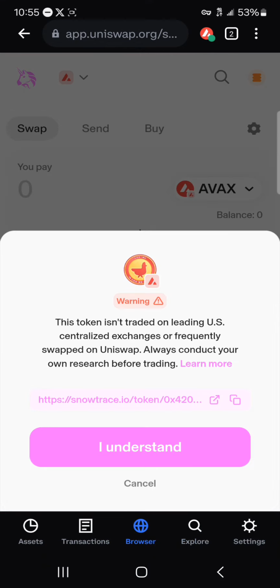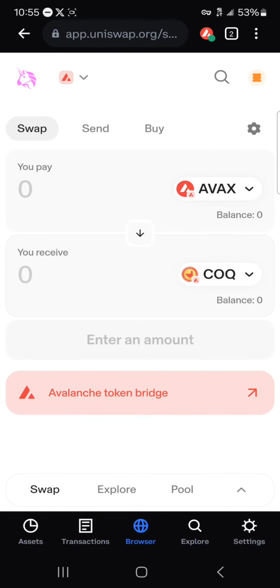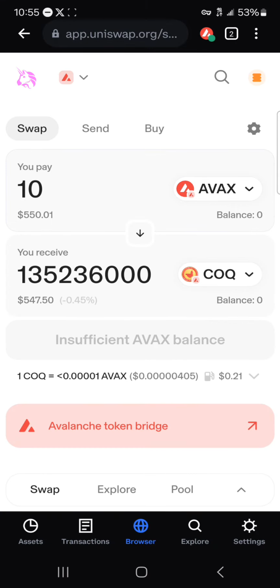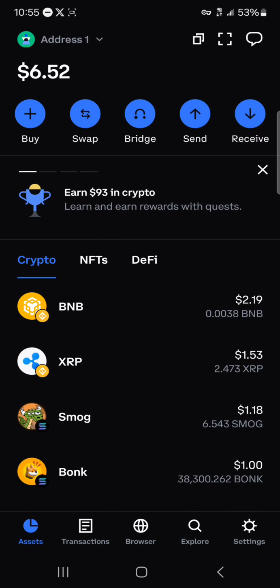Coq Inu, click on Coq Inu, click on I understand, enter an amount of AVAX you wish to swap into the Coq Inu token, and simply click on the swap option while paying a gas fee of 0.21. So guys, that's how you can easily get some Coq